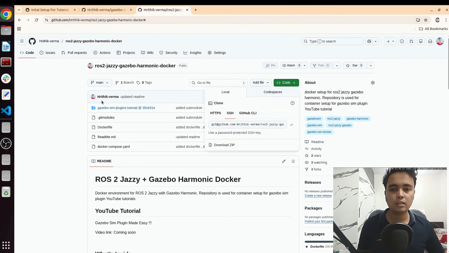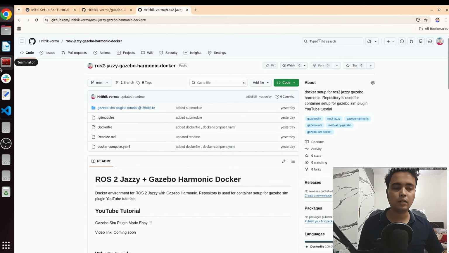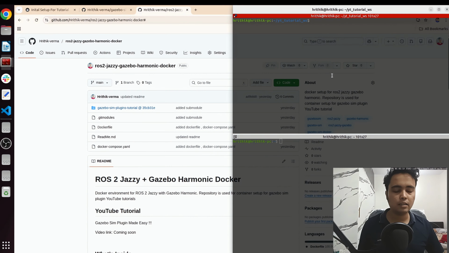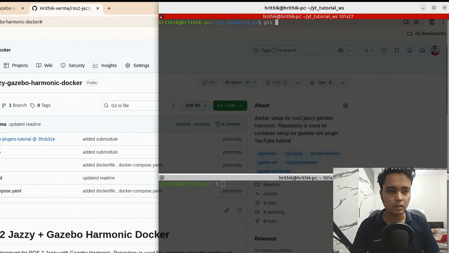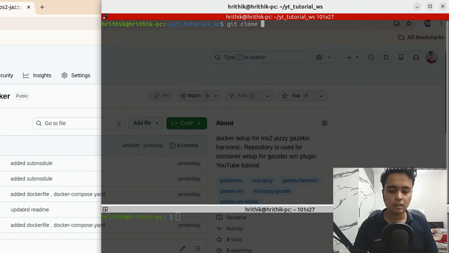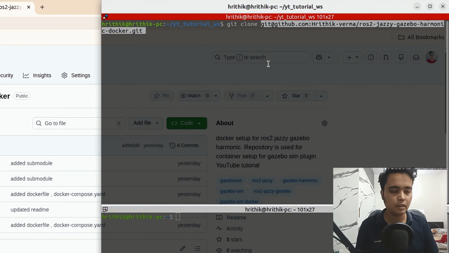I'm cloning by SSH. If you haven't set up your SSH, you can use HTTP, or you can zip it and unzip. All those ways are there. So we'll do git clone, and I have made my own workspace. You can use any place you want,